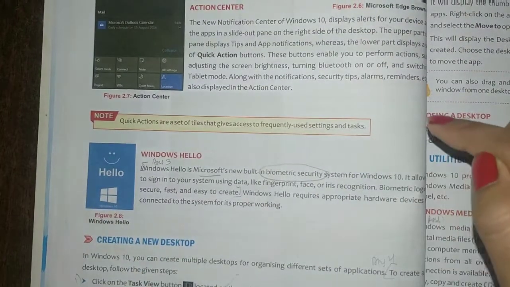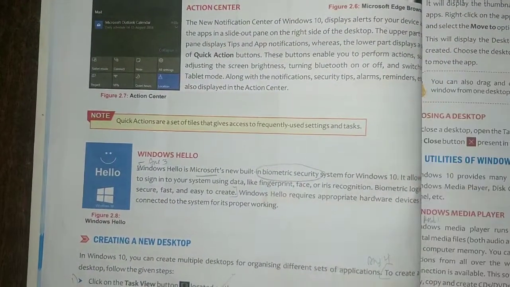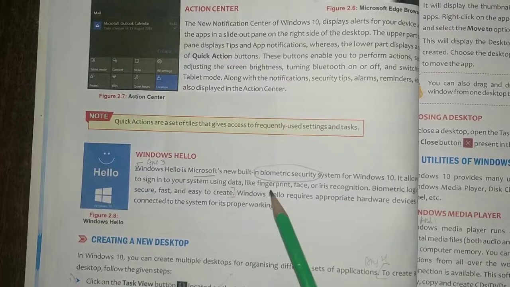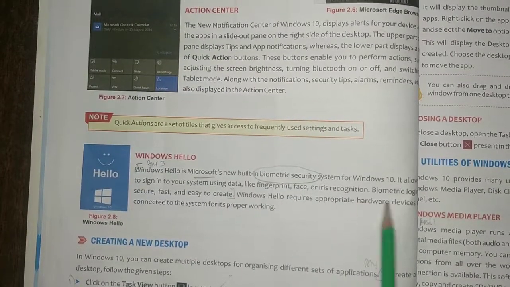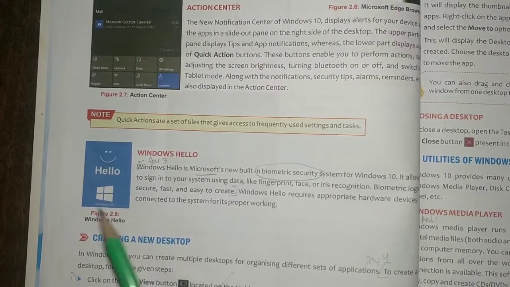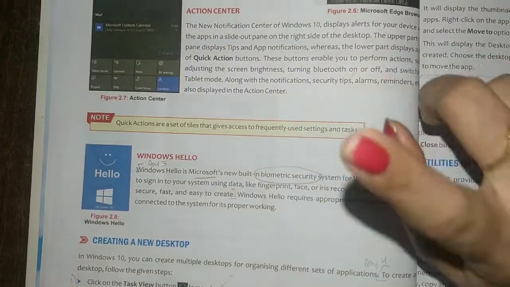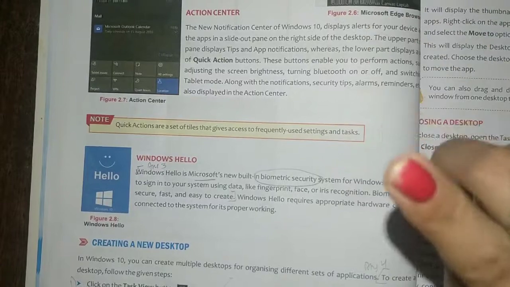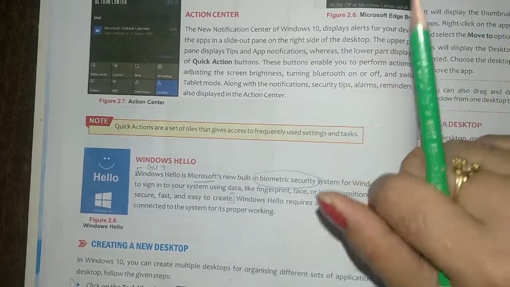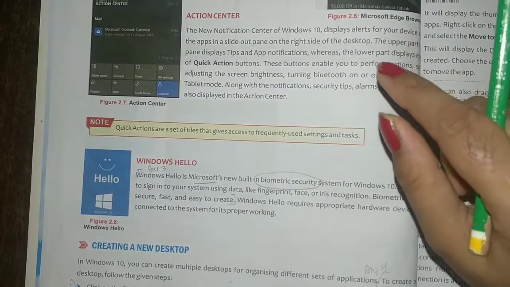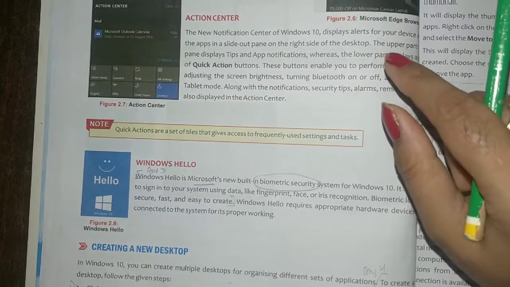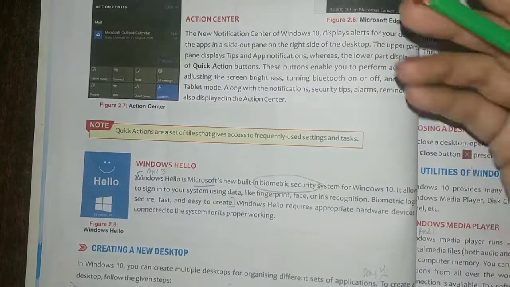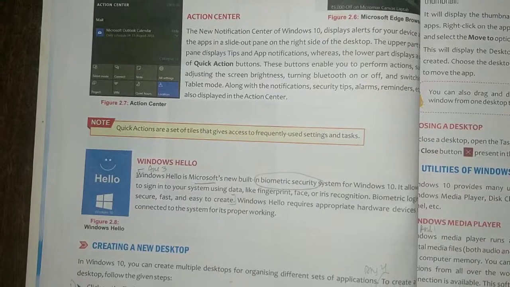Similarly, it is Windows Hello, like fingerprint, face, iris recognition. Windows Hello has one disadvantage: it requires proper hardware compatibility with your laptop. So in all laptops Windows Hello will not work. Further we will study in our next lecture.